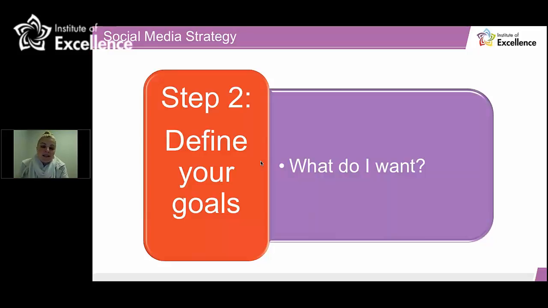And this is another thing that I see, guys, that a lot of businesses are not really tapping into. This is a vehicle to drive traffic back to your website. If we want to use that to our advantage, are we adding in links back to our website in our social media content? Is that part of the plan? And we'll talk a little bit more about that. So what do you specifically want?